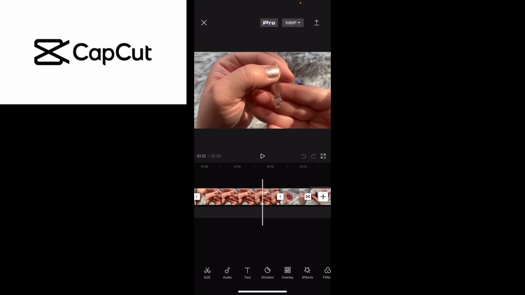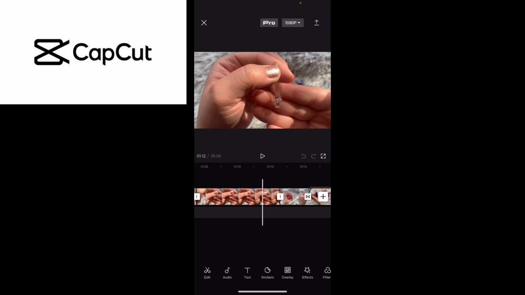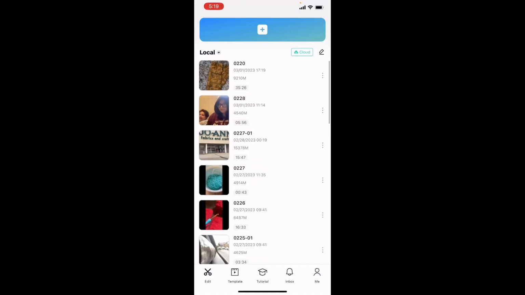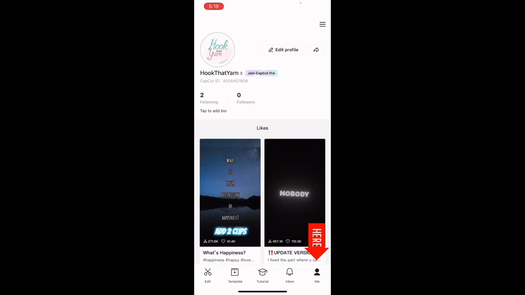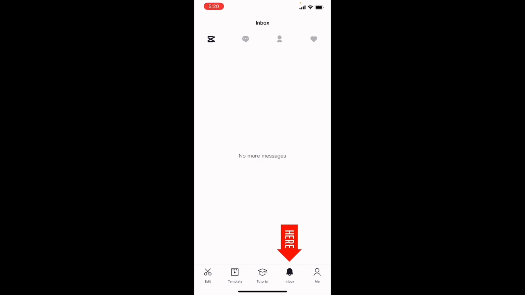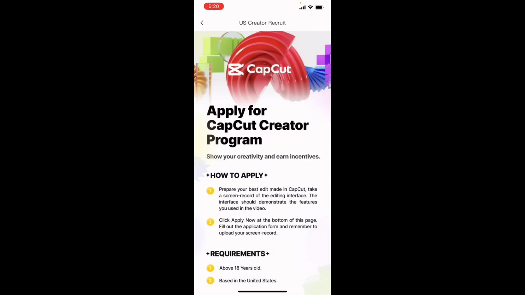This is the editing software that I use. It's called CapCut. It's right there. Basically, everything that you make is saved right here at the editing screen. You have the ability to make an account. You have an inbox. You have tutorials. There are several tutorials, but if you want to follow along, there's also a creator account that you can apply for that they pay you to make